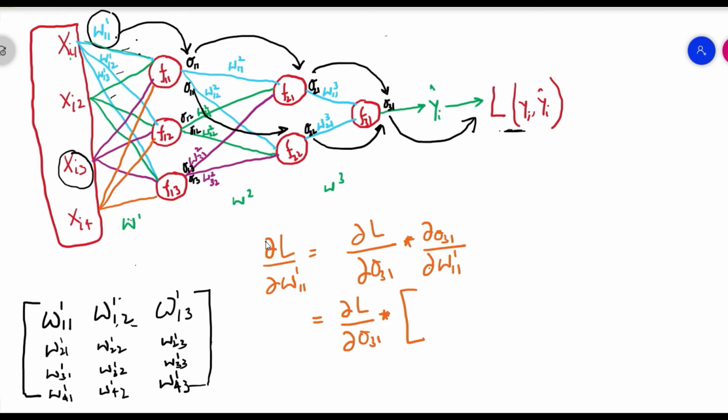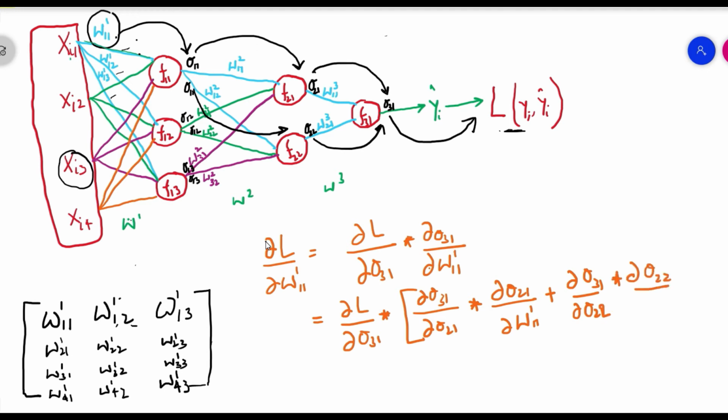impacted by O11. So we can break this one as ∂O31 with respect to ∂O21 multiplied by ∂O21 with respect to ∂W111 plus ∂O31, the rate of change of O31 with respect to O22, multiplied by the rate of change of O22 with respect to